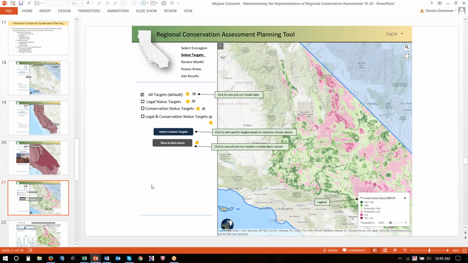There are different audiences that need to be satisfied here. Once we have all the information in the system, we can slice and dice that to address these needs. One is all conservation targets, and in our working group, particularly those non-regulatory agencies have been wringing their hands, because we all know there's a lot of conservation value associated with this thing, but it doesn't have legal status, so it never gets on the map.